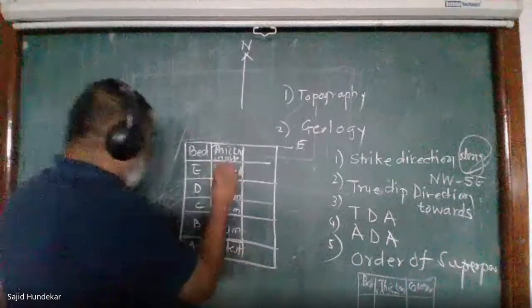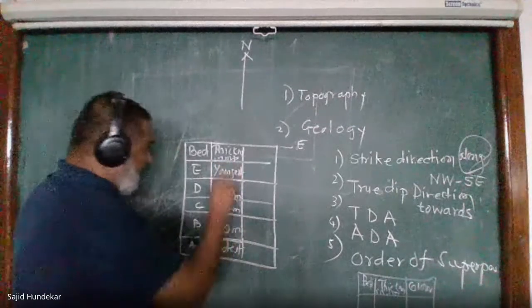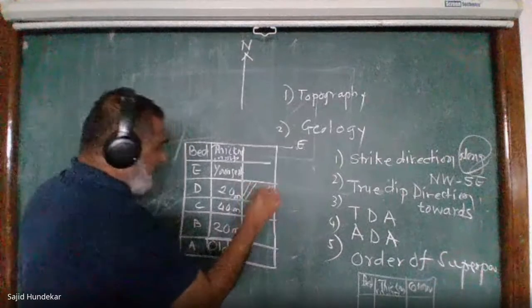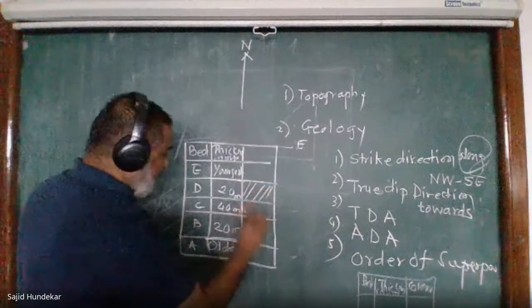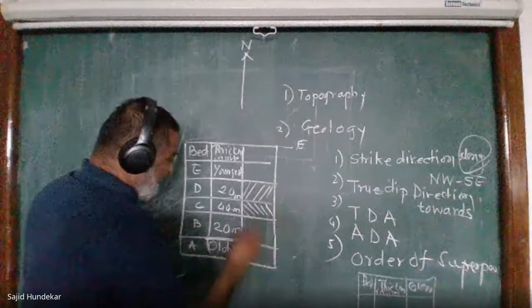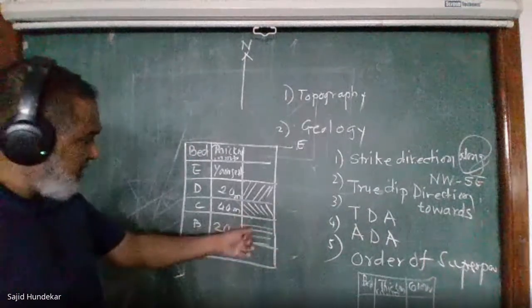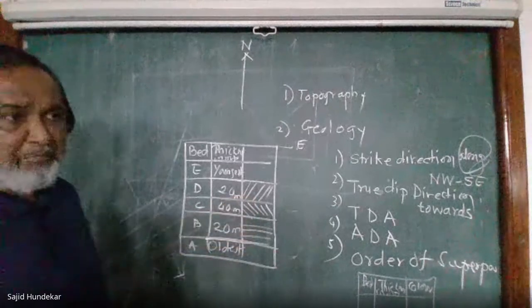And except the E bed and A bed, youngest and oldest, use the color code. For example, here I use a light yellow color, then light green color, then pink color. I use very light sober color with a color pencil. I can color this map between the dark lines.